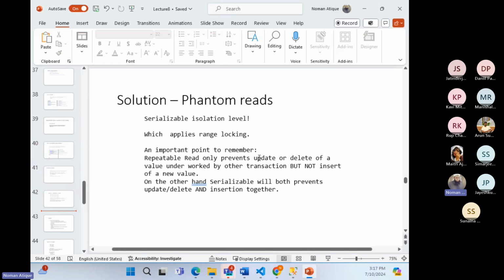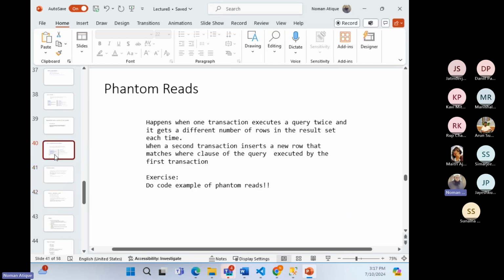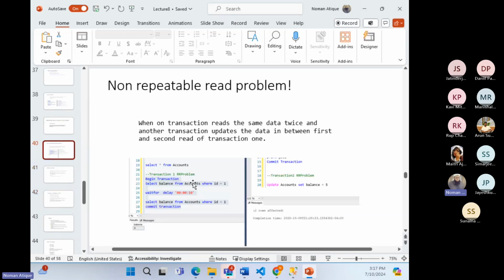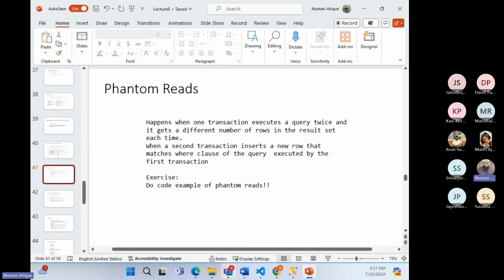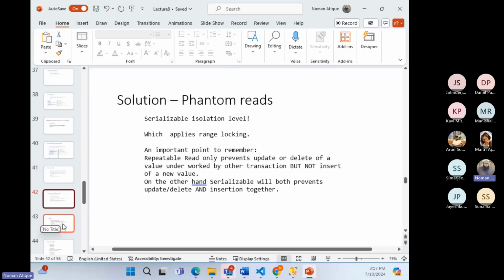An important point to remember: repeatable read only prevents update or delete of a value read by another transaction, but not insert of a new value. On the other hand, serializable will prevent update, delete, and insertion together. Make sense? I'm not giving the example over here. You can just try that out. If there are two transactions, you can make one 10 seconds, one 5 seconds, and do something in between these two. So we will just try to introduce that phantom read, and the phantom read will be doing that for us,